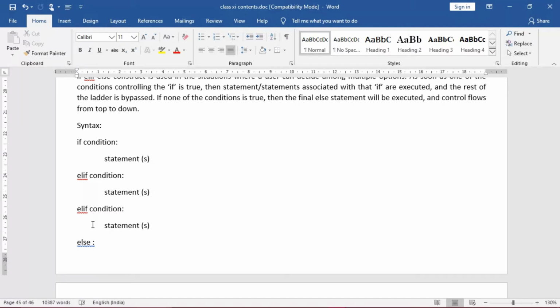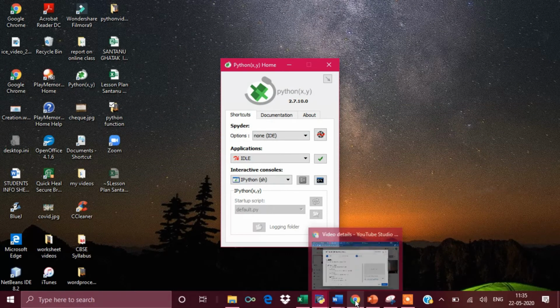Say for example, suppose every year you get a grade card from your school. All the students do not receive the same grade card. There are certain grades to be determined by the school authority or the teacher concerned. Say if you're getting more than 85, you will get grade A. Then 70 to 85, you will get grade B, like that. But under any circumstances, you will get a grade. And if you are not qualifying, in that case, you will get the poorest grade. Suppose you're getting below 40, you will get grade E, in that way. So we just simulate it with the help of a program. Now you see this program, how we write it.